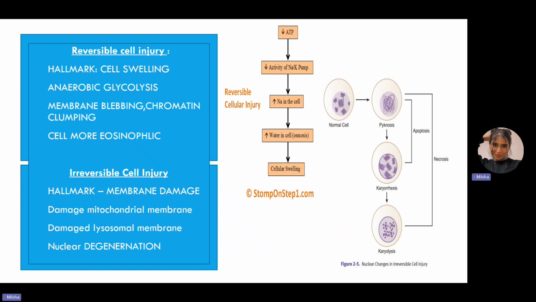Now, damaged lysosomal membranes, very logical that there is digestion of intracellular structures because there are enzymes that are present within the lysosome. Then we have nuclear degeneration. This is very important because you need to know what are the steps of nuclear degeneration. We have pycnosis, which is shrinkage, karyorrhexis, which is fragmentation, and karyolysis, where it basically dissolves, right? Also know how nuclear degeneration occurs in necrosis, and what happens in apoptosis, because these are two very different things. Apoptosis is